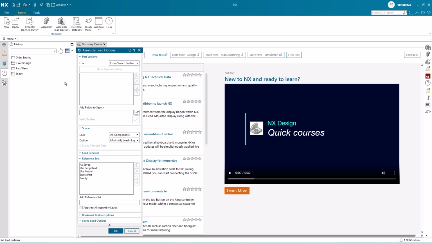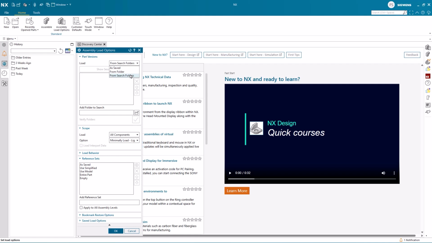for your specific assembly. Here I want to highlight the settings on how you want the system to search for the parts contained in your assembly on the file system, where you have As Saved, From Folder, or Search From Folder available. As Saved will use the path used when the assembly was last saved.